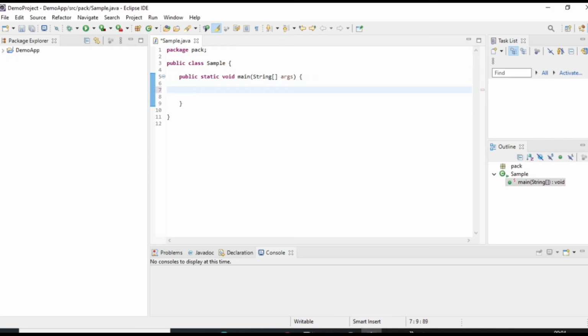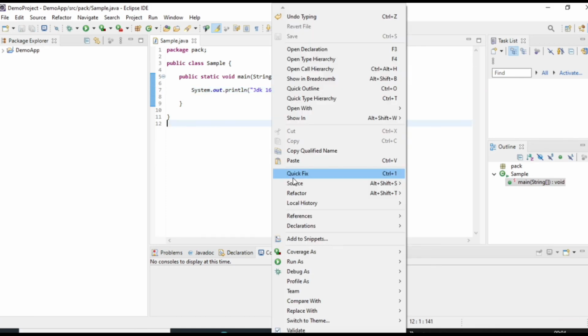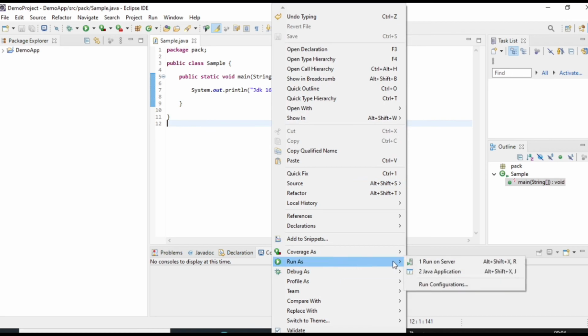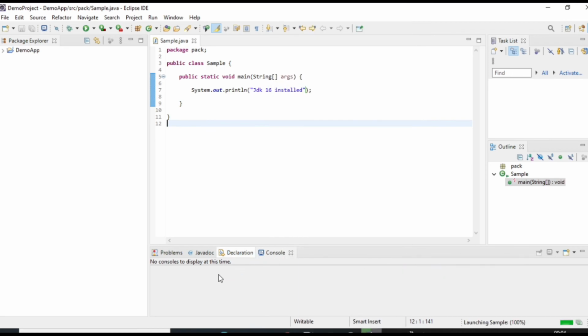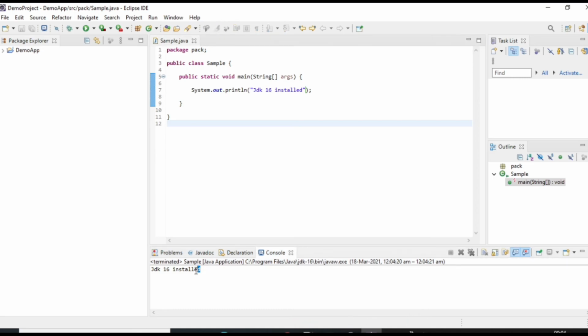I will print a message, System.out.println, JDK 16 installed. Run this program. Yes, this is the output. So it's working fine. In my next video, we will see the JDK 16 new features.